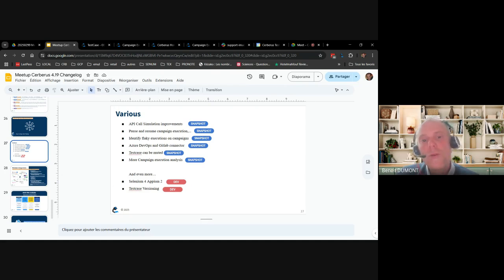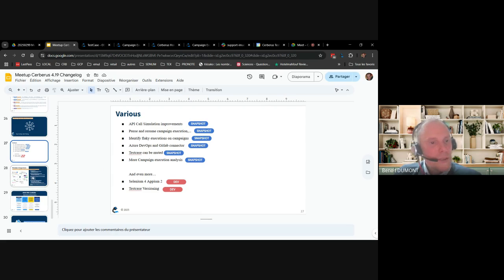And we're also working on test case versioning. So today we only have a number that saves the test case number each time you save it. So we plan to save the full value of the test case when you save it, so that we are able to restore a previous version of the test case, or to revert a modification more easily than we can do today.